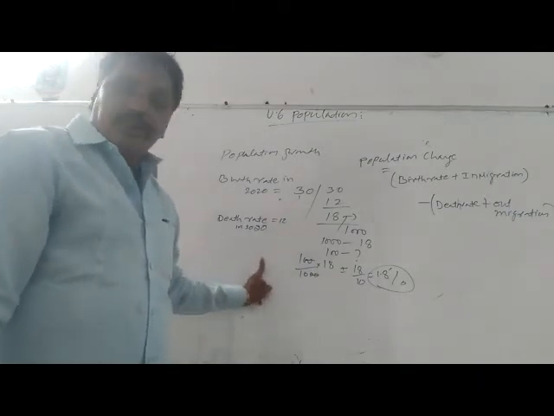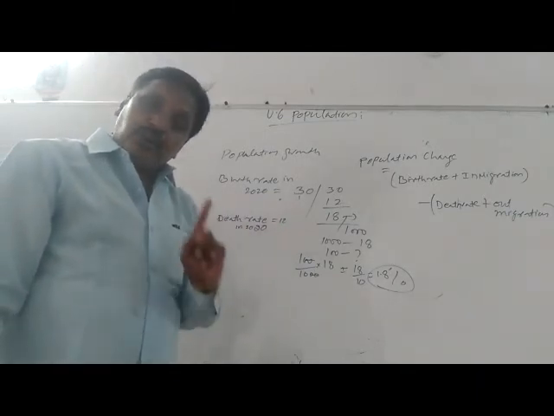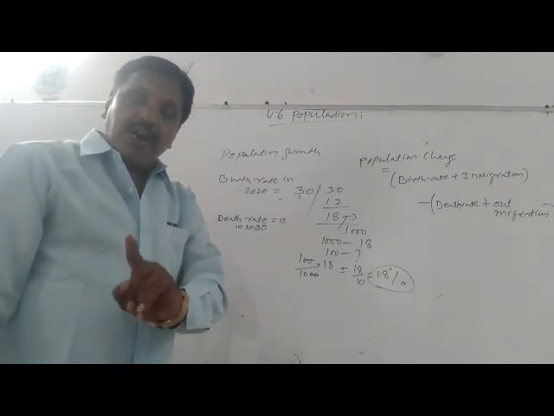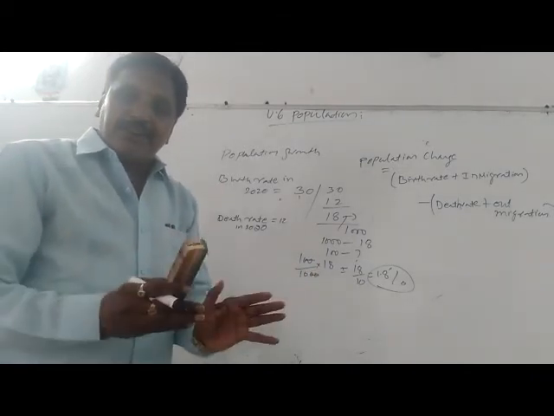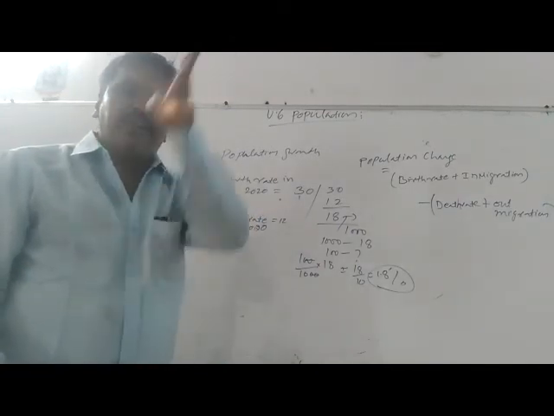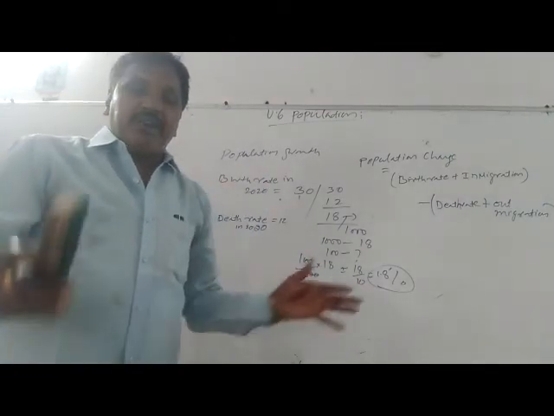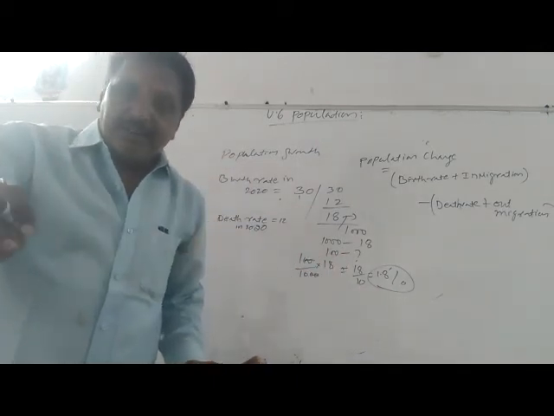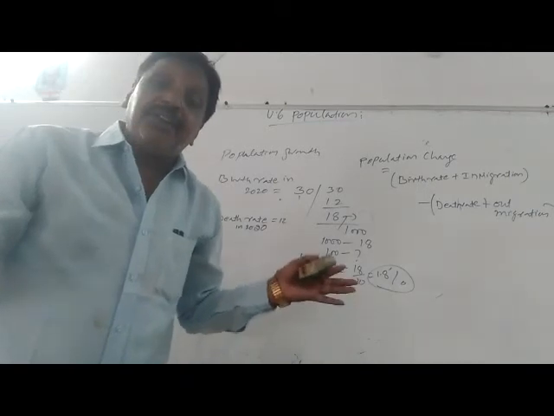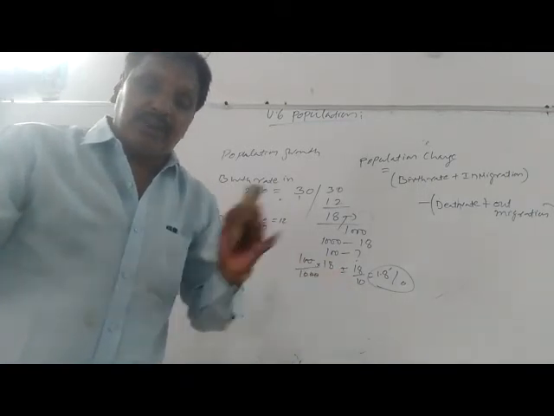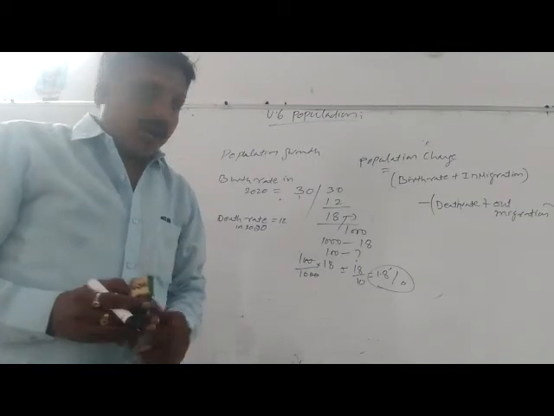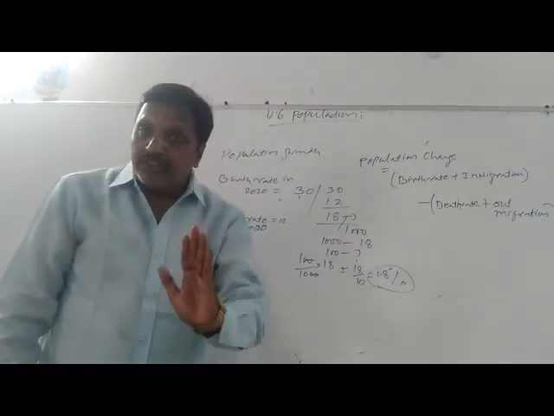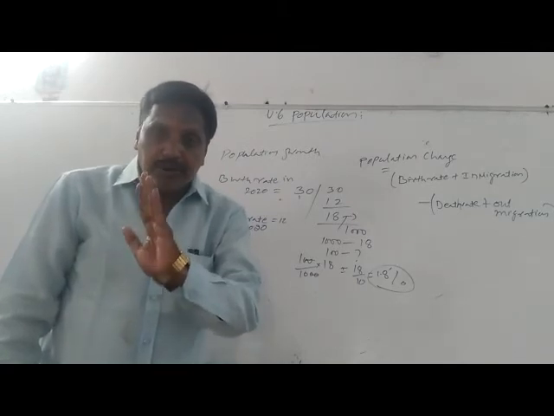Same way we will count for 2020, 21, 22, 23, 24, 25, 26, 27, 28, 29. And by 2030, a decade gets completed and the decade growth rate will be given. By making a summation, we add all these growth percentages and divide by 10. Automatically the decade population growth will be available. Got it? Now, I hope you all understood well what is population change and what is population growth.